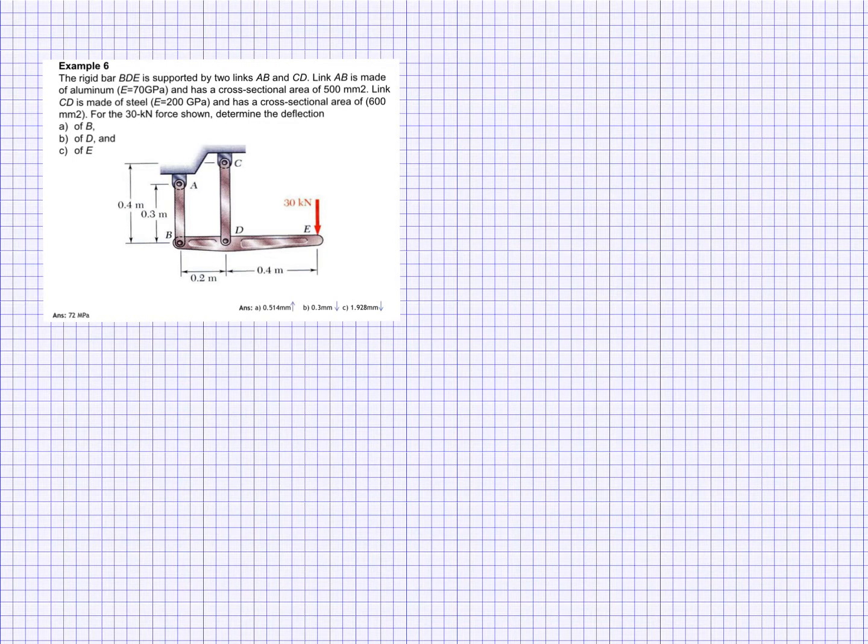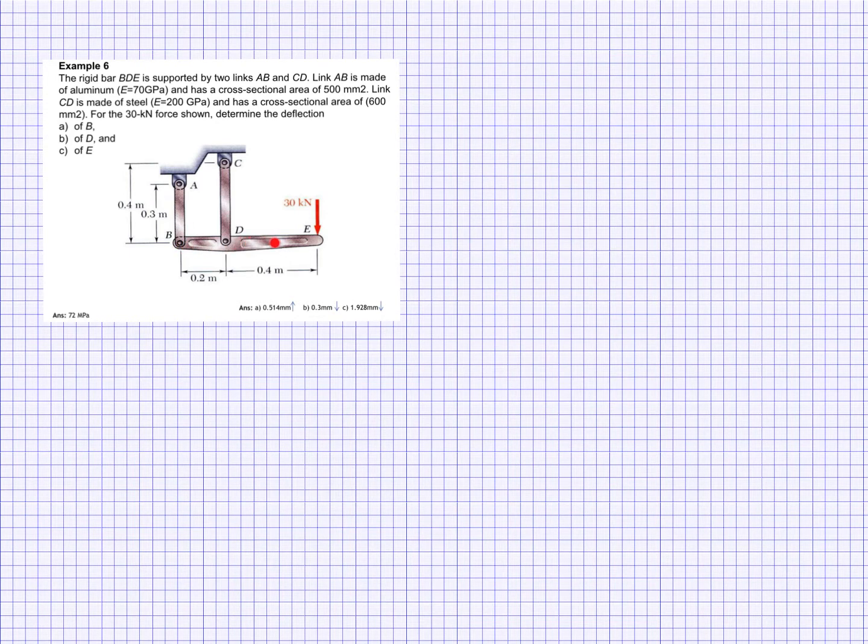So this video will explain subtopic 2.2, which is statically determinate and statically indeterminate, right? This example is from the notes. Example number 6, we will discuss that relates to statically determinate. Okay, so the question is the rigid bar BDE